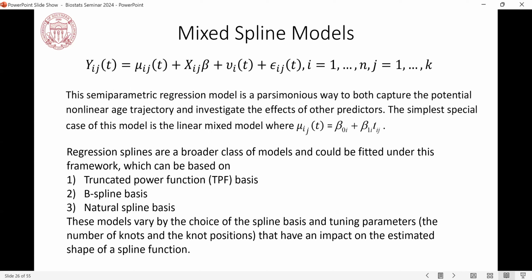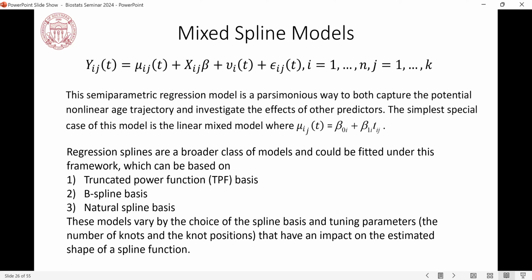It is a parsimonious way to capture both the potential non-linear age trajectory and investigate the impact from other predictors. So it can be downgraded to a linear model. If the spline trend doesn't exist, it can automatically downgrade to the linear model. Now let's talk about spline. How many different spline bases